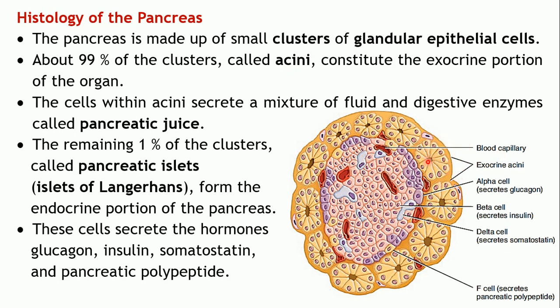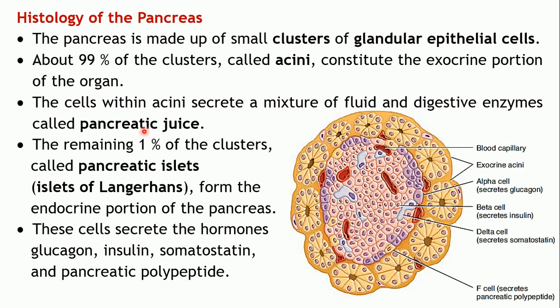These are the glandular epithelial cells which secrete their secretions into the small ducts. Okay, so this surrounding portion, as you can see, these are the exocrine acini. This is one acinus, this is the second one, this is the third one. So there are a number of acini which comprise these exocrine type of cells, which secrete their secretions into the small ducts, which ultimately unite to form the pancreatic duct. Okay, so what is the function of these acini? Their function is to secrete a mixture of fluid and digestive enzymes, and this secretion is called the pancreatic juice.